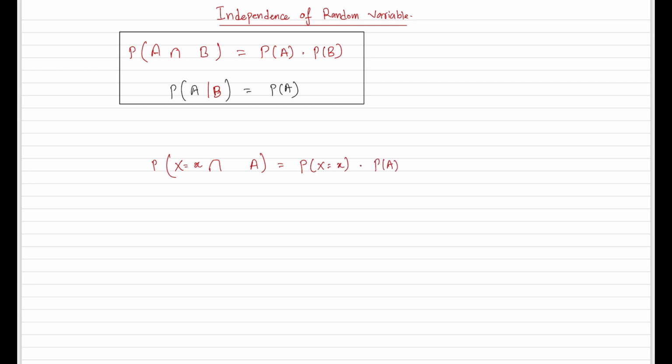And this has to be true for all values of little x, for all x, right?